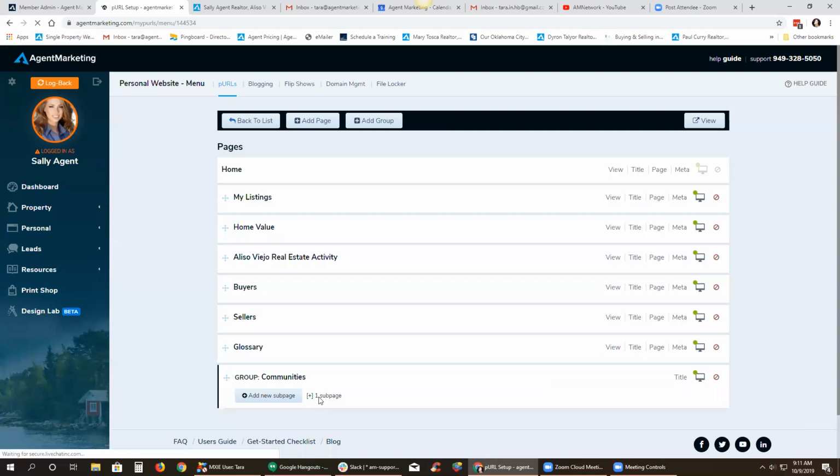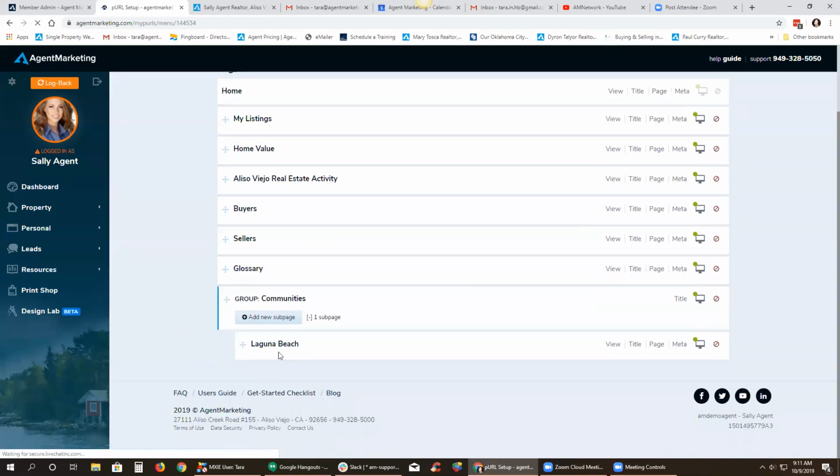Then you're going to see now we've got one subpage. We can click on that little plus symbol to see it. There it is, Laguna Beach. It already adds it as a subpage. So then you just keep going through that process, add new subpage, click on agent pages,